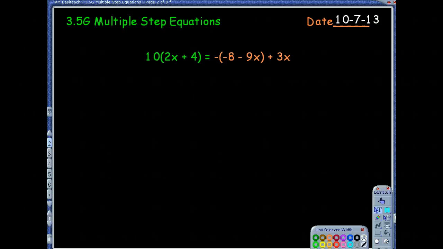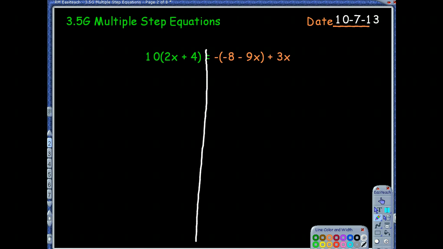Good morning, class. We are going to be taking a look at section 3.5G today, which is more practice with multiple step equations. Just like on Friday, you're going to see lots of different types of equations put together in one day. It's going to cover all of the different things that we've seen so far. And there's multiple steps to all of these, so they are going to look a little long as we start